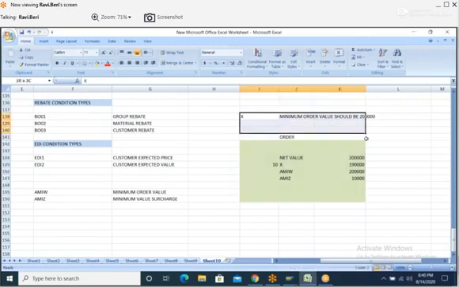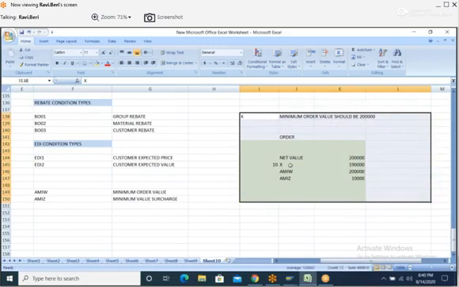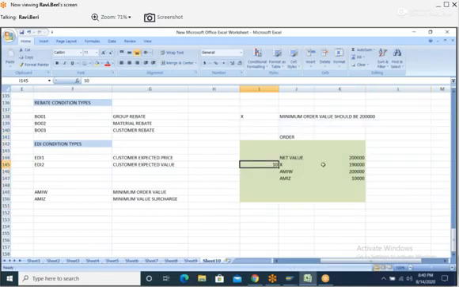Now in this case, if you see this example, this highlighted. But in this case, they created one order for the value 1,90,000. But AMIW says 2 lakhs, we maintain it here.